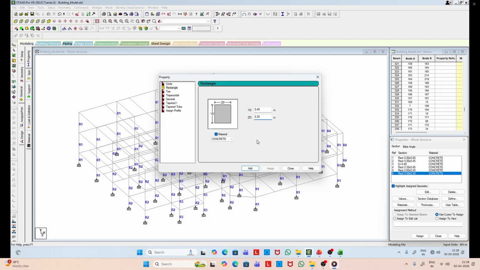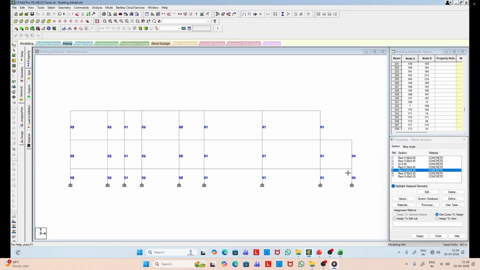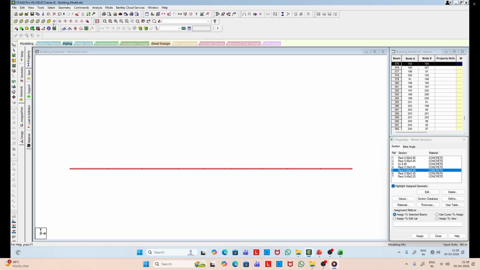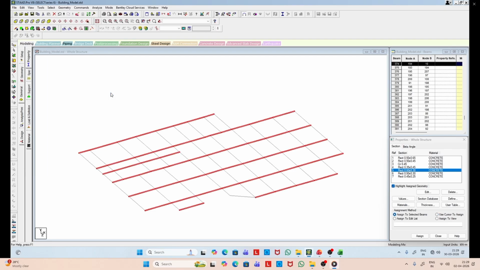So now we have to define the beam sections and we have to assign them accordingly. So we select all the beams along X. First we will assign the main beam.